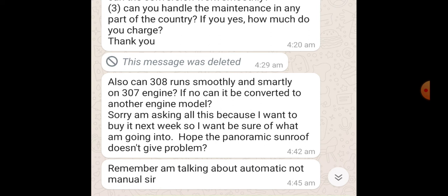Then don't buy. People like us that go into this kind of conversion, we don't do it with our head because it's cheap. No, we know that even this conversion costs more than buying another car. But we do it because we enjoy doing it, we love it, it's our passion. We do it to modify a car to be much better than it was from new. So we don't look at money. So if you are looking at money, then don't,